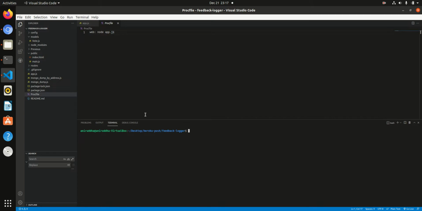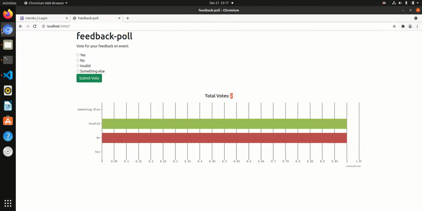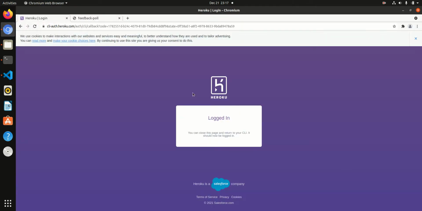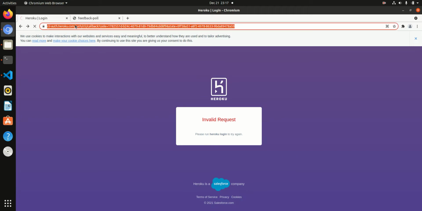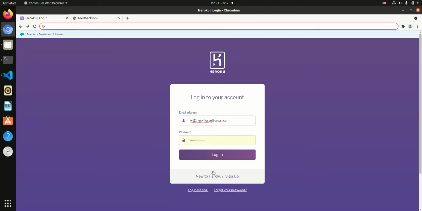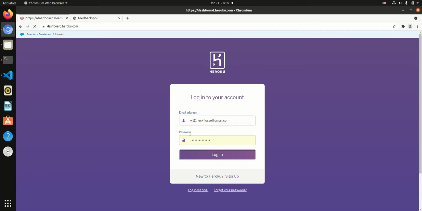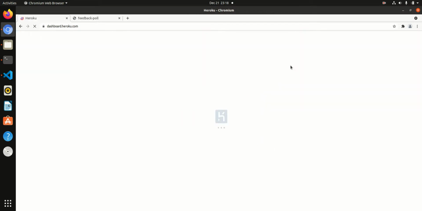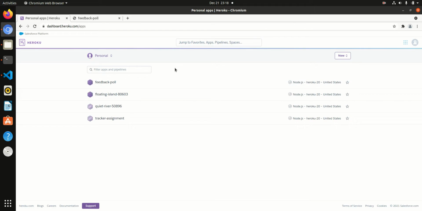Now, let's start with the uploading. First, we'll go to the browser to Heroku and log in. We'll go to the dashboard here and create a new project.